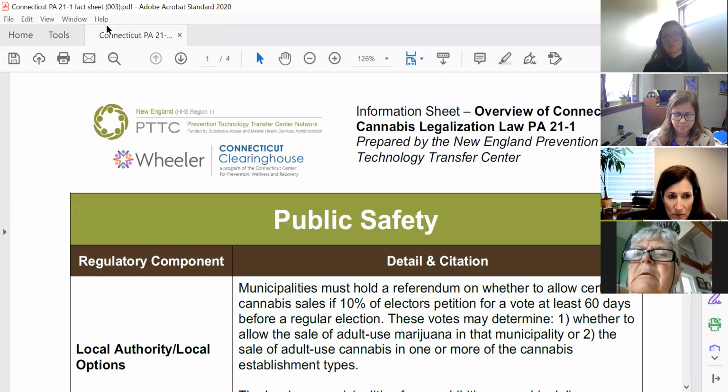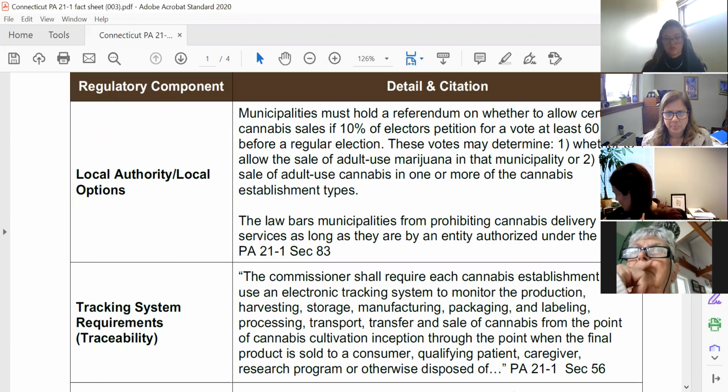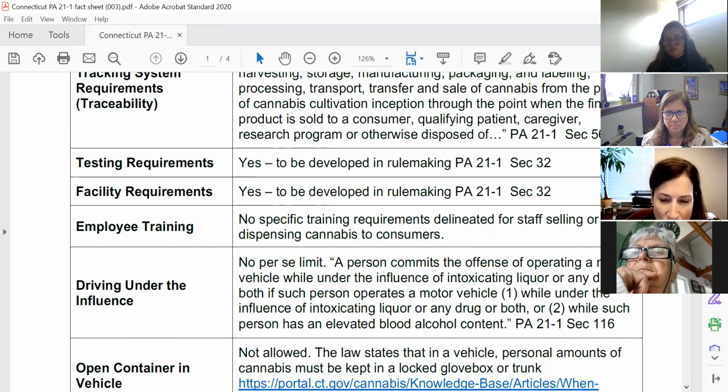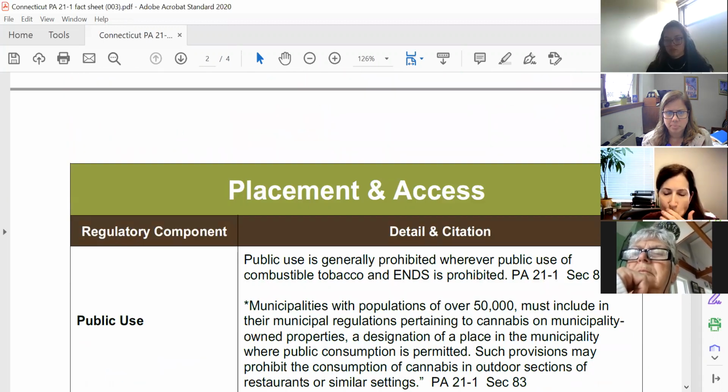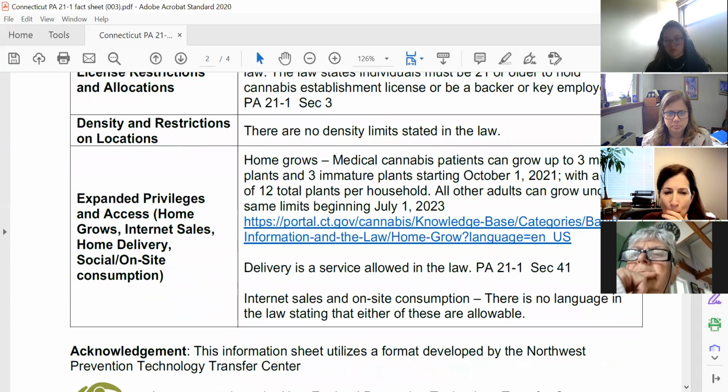If you have not been able to read it or see it, it is definitely worth the read now, because, I'm not sure if anybody else is like me, but reading a lot of legal jargon is a little bit hard and frustrating at times in order to understand all of the different things. However, this document is free to use. You can take a look at it and see all of the different things that are going to go into effect upon the legalized sale of adult use marijuana in the state of Connecticut. And I am going to stop sharing for a second.